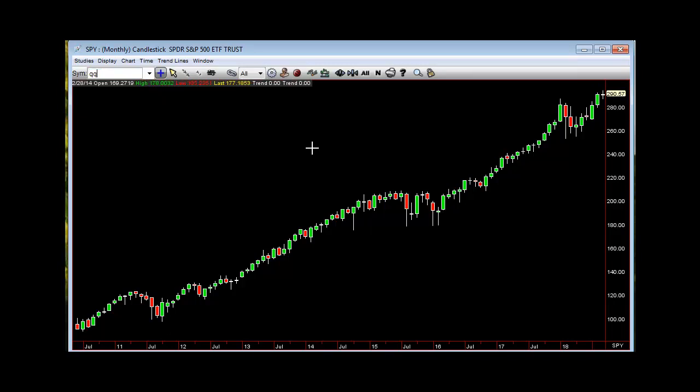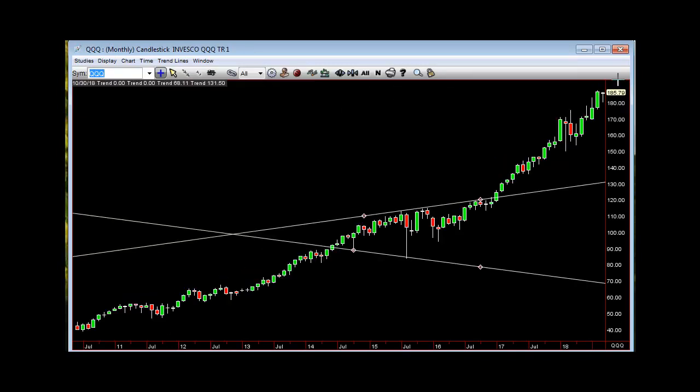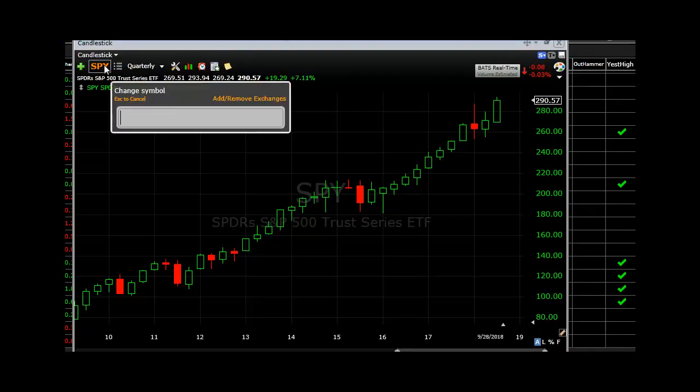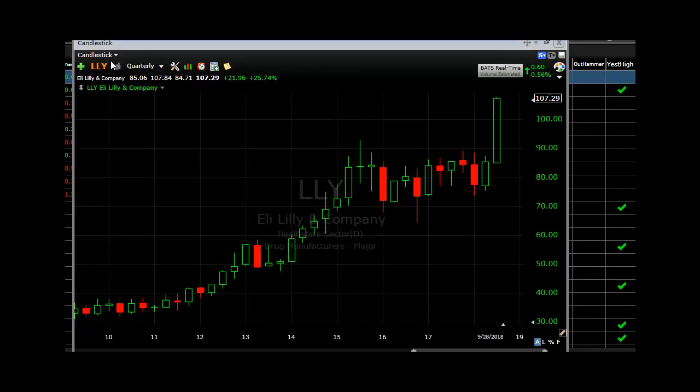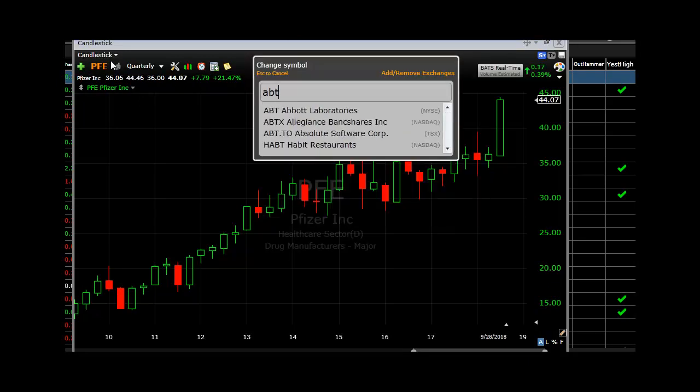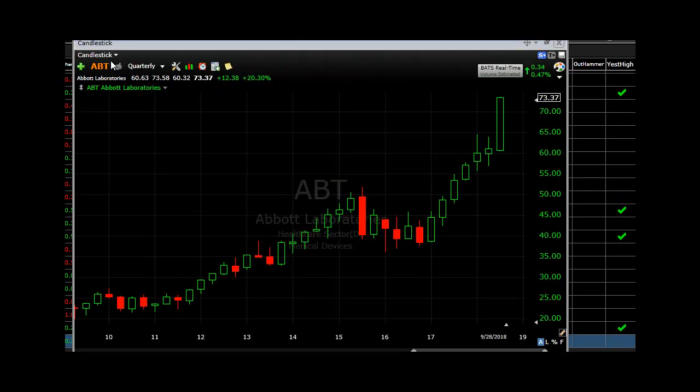And QQQ, inside month, drying up into nothing, right? If we know that, we have it. You don't trade that, right? So you stick with the good ones. And like I said this morning, in the quarterlies, had some nice healthcare with the Lilly, the Pfizer, Abbott Labs, right? And that also tells you where you might want to be, right? Also, EW,